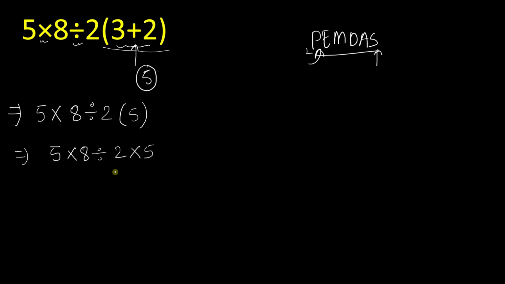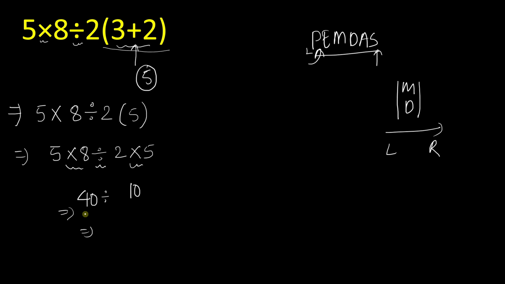Now we are left with three operations, which is this multiplication, division, and multiplication. And as we know that multiplication and division have the same priority, in that case we have to solve left to right. Now if you think like you are solving 2 times 5, which equals 10, and 8 times 5, which equals 40, there is division, and 40 divided by 10, you will get answer 4, then